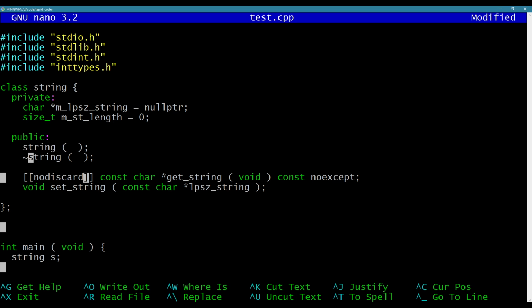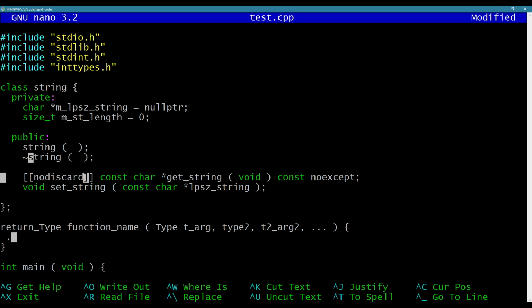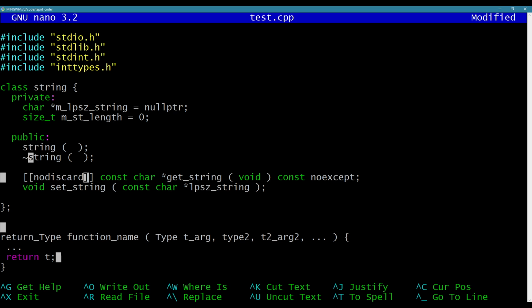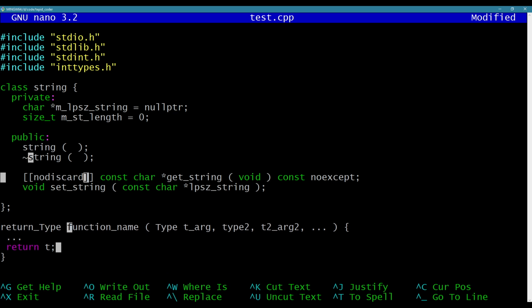So it's going to be a bit different from functions we've seen in the past, where it's just like, okay, return type, function name, type 1 arg1, type 2 arg2, dot dot dot, and then you give it a body, right? And then return whatever the return type is. That's how you've been seeing it. The only difference really is classes. After the return type, you have to put the class that the function comes from. So in this case, it'd be string::